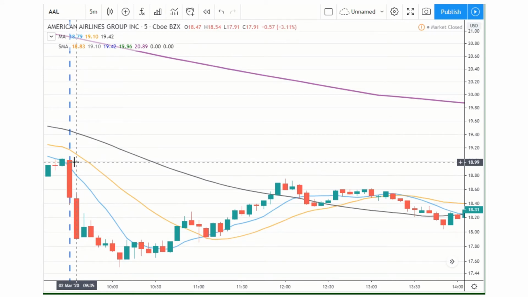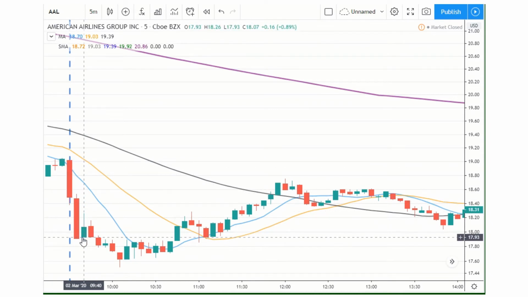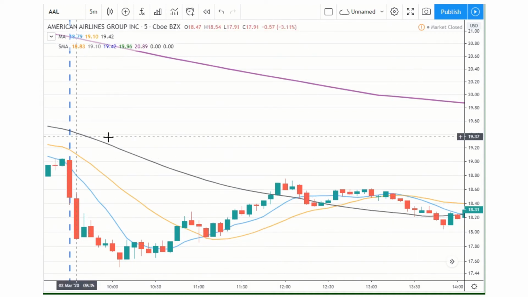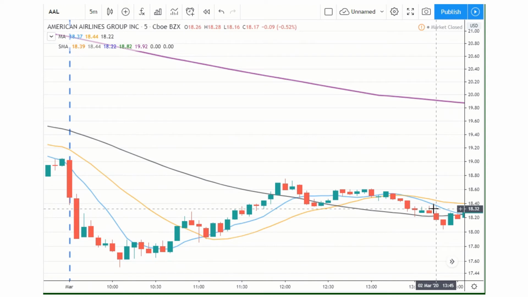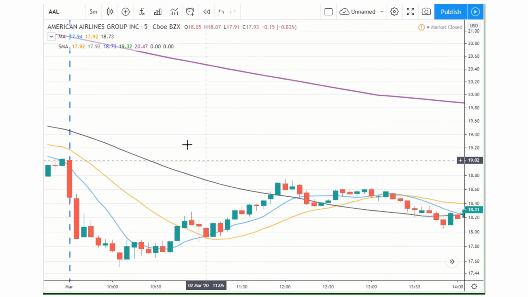So the stock opened with a large red bar at 1901 on Monday, March the 2nd, American Airlines, and it fell in the first 10 minutes to 1793. So it went from 1903 to 1793. Okay, then we had a green bar, and as you see, the moving indicators are above the stock,